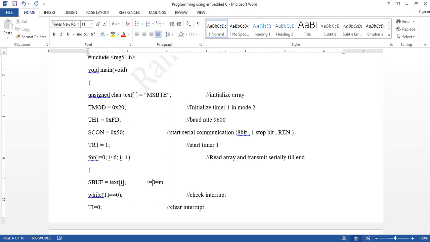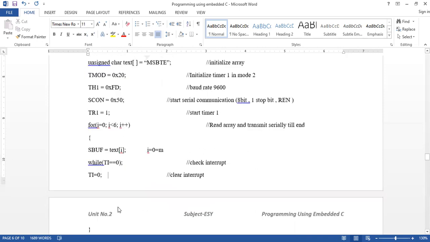Then wait till the transmission is over. That means check the interrupt flag TI. Once TI is set, it means transmission is completed. So clear the flag, TI is equal to 0.